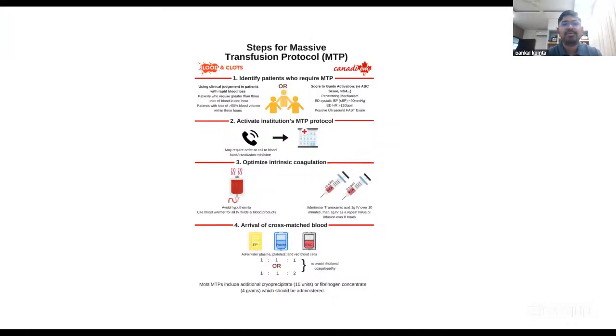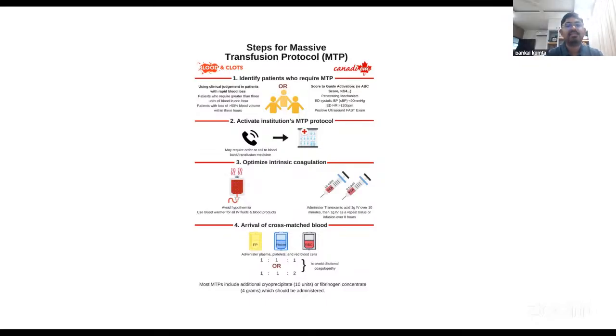So let's have a quick look at the MTP protocol. First we need to identify the patients who require it. Either we look at the clinical judgment, where patients we have seen who require greater than 3 units of blood in 1 hour, or who have lost more than 50% of blood volume in 3 hours, or you might say more than one volume,